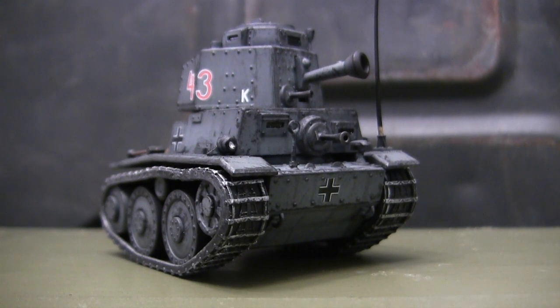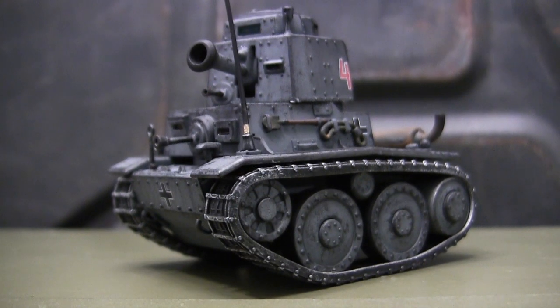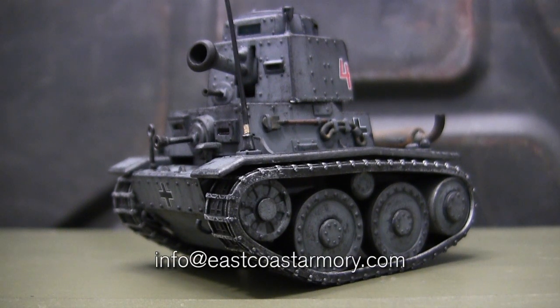German Panzer 38T. The model that we have here is built for my own personal collection, and is not for sale or purchase. However, like I often mention in these videos, I frequently take on commission build projects for models ranging between 1/35th scale and 1/6 scale. For availability and pricing information, that would be best obtained by contacting me through the email address listed below, which is